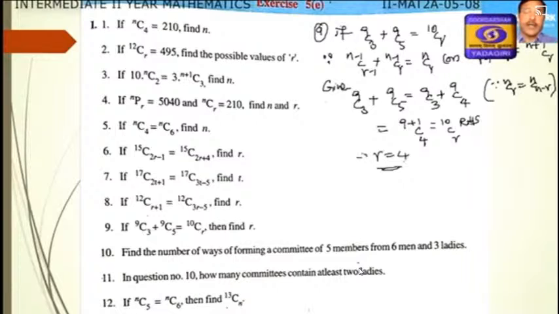Okay. And next, 10th question. Find the number of ways of forming a committee of 5 members from 6 men and 3 ladies. There are how many men? Men are 6. Ladies are how many? 3. But number of persons